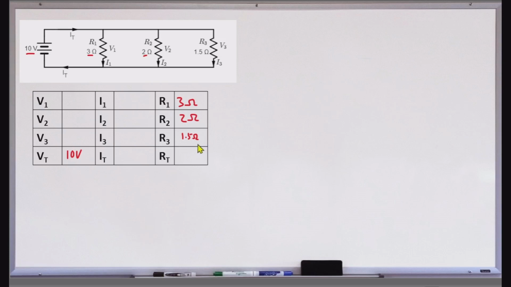Right? So now, there are two ways to solve the equivalent resistance or the total resistance of a parallel circuit. The first one, let us call it the product over sum. The second one, I do not know what they call it, but for the sake of our discussion, let's call it the fraction method or fractional method. Now, let's use the first method, the product over sum method, in finding the total resistance or the equivalent